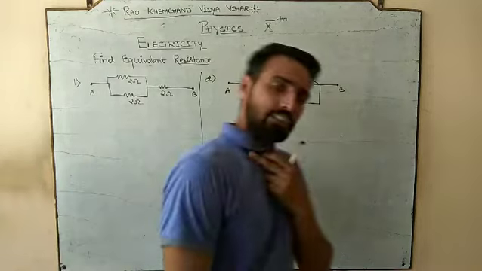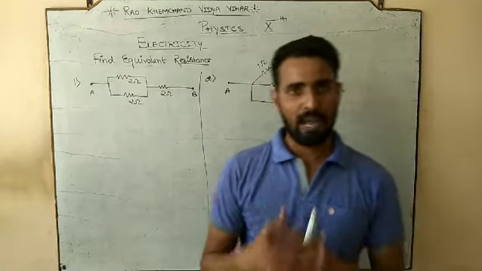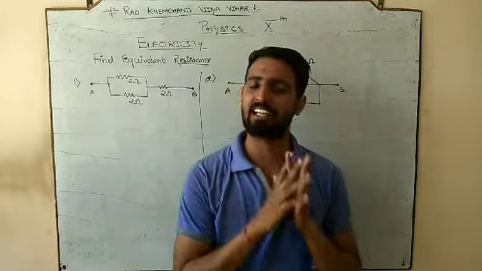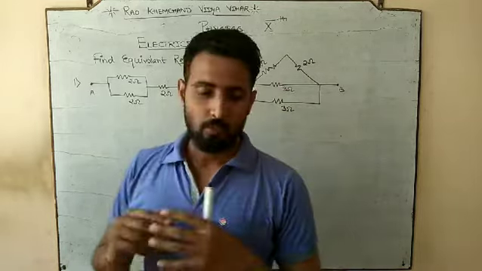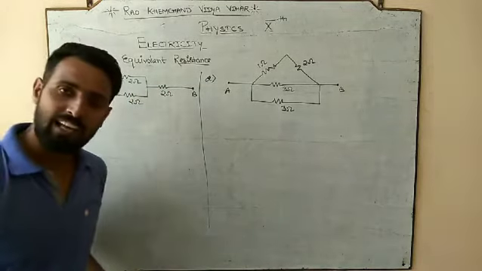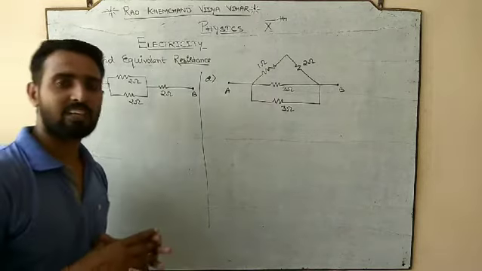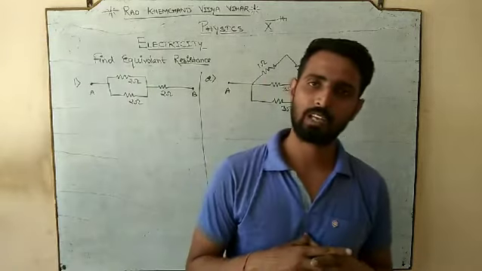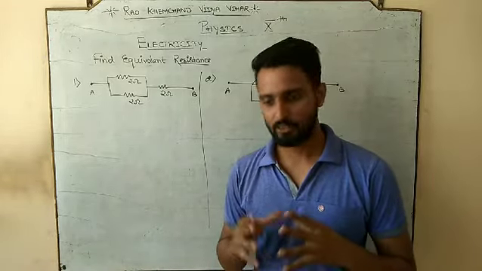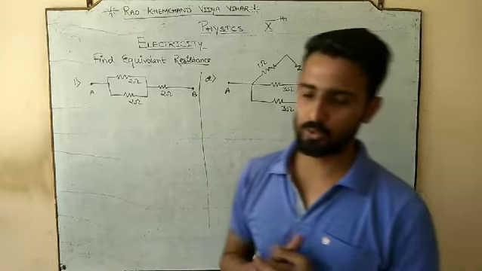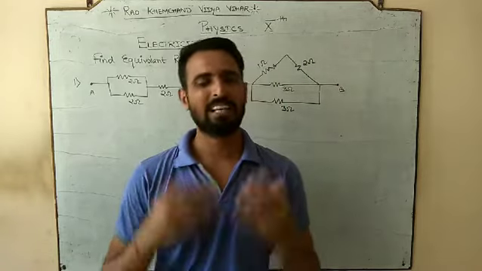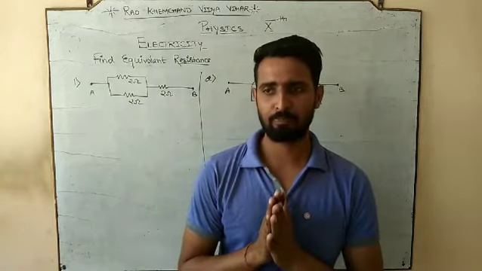Okay everyone, since we have discussed the series and the parallel connection of the resistor, and how to calculate the net resistance in series and in parallel, now we are going to work on some numericals, meaning how to calculate the equivalent resistance in such type of circuit when the teacher provides it to us. So these are the simplest circuits that I have placed in front of you. You should not consider that we are always going to get such simple circuits. If we get a simple one we can solve it, but not everything is going to be simple, definitely.